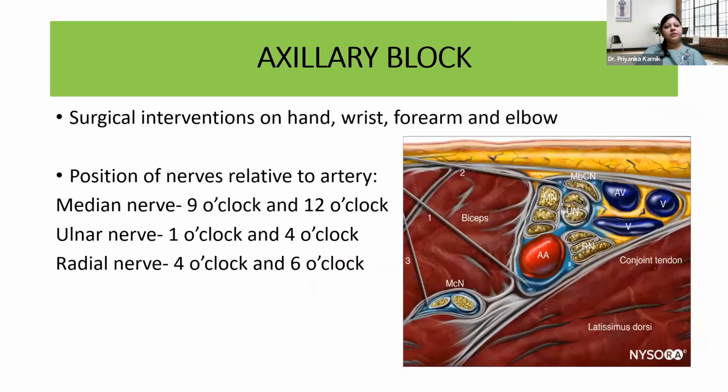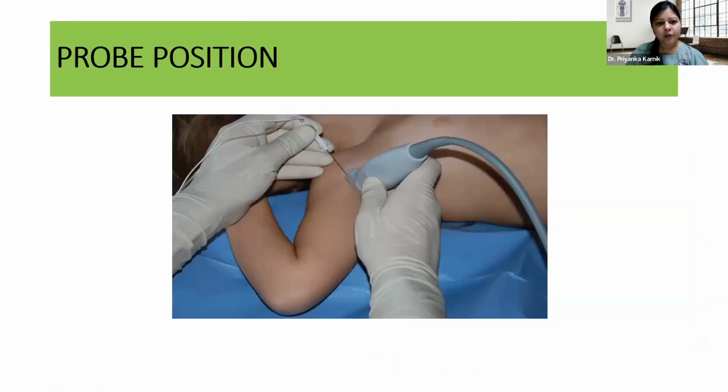So again, it is used for the surgical intervention of the hand, wrist, forearm, and elbow. So anything below the elbow, you can cover with the help of your axillary block. And we all know that the median, ulnar, and radial nerve are all around the axillary artery. So the median will be slightly lateral, ulnar will be medial, and the radial will be posterior or seen below the axillary artery. So the patient will be placed supine with the hand abducted and externally rotated, and the